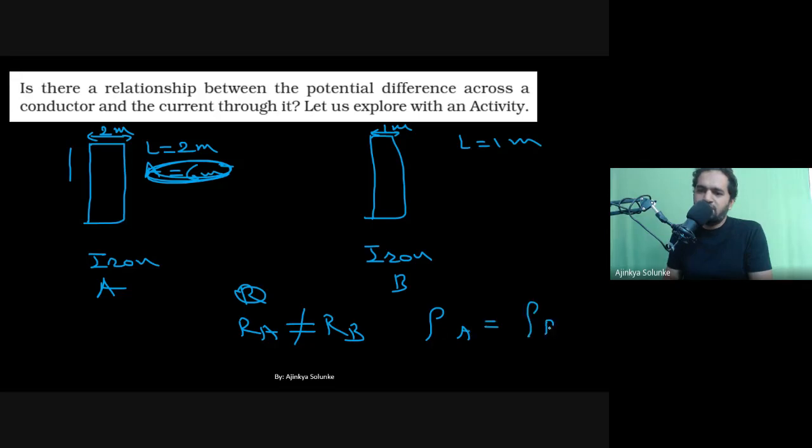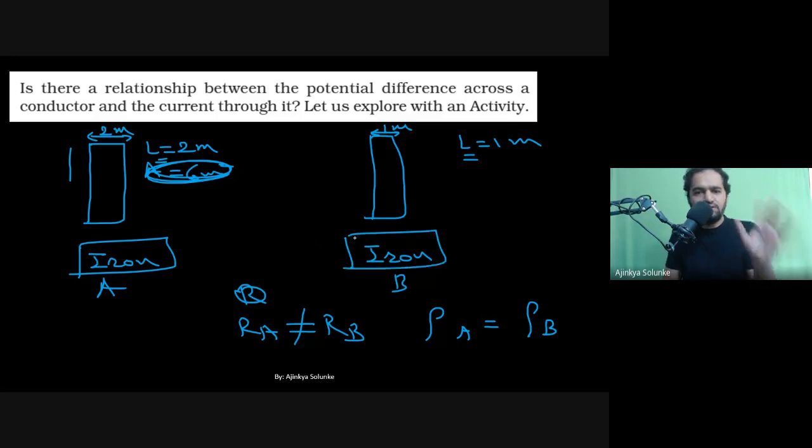Is it equal or not? Resistivity, does it depend on length? It doesn't depend on length, right? The length has been taken as 1 meter, the area has been taken as 1 meter square. So it doesn't depend on length and area. It doesn't matter whether you are changing length or area. It depends only on whether the material is the same. Is the material the same in the first case and second case?